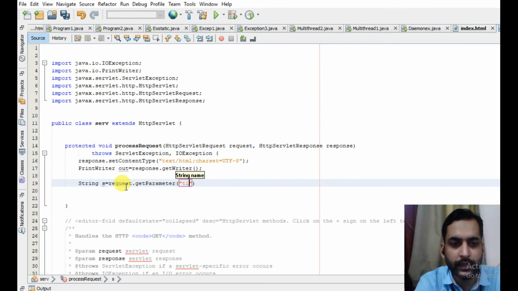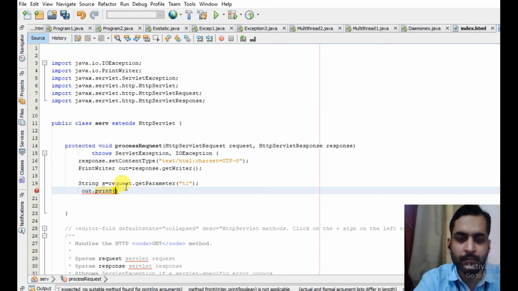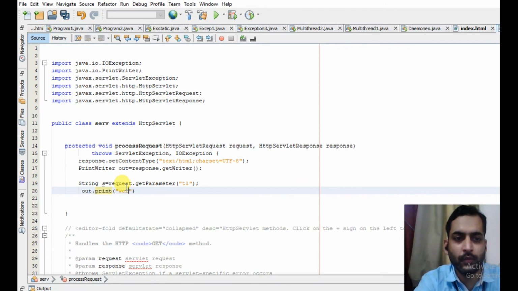So I will read the T1 text box, and simply I have to print hello or welcome user. So I can print it like out.print and then welcome, give some space and the name.